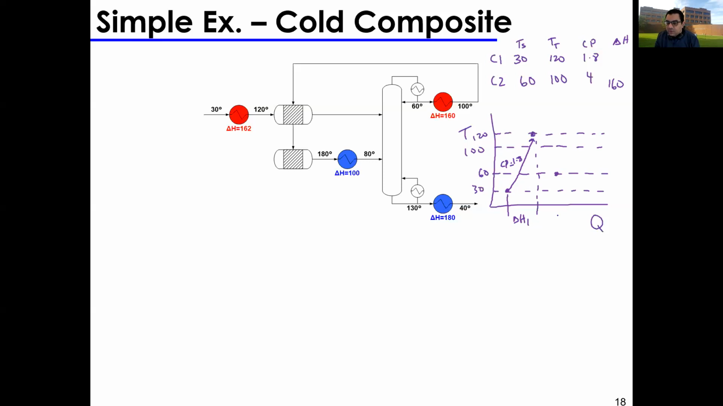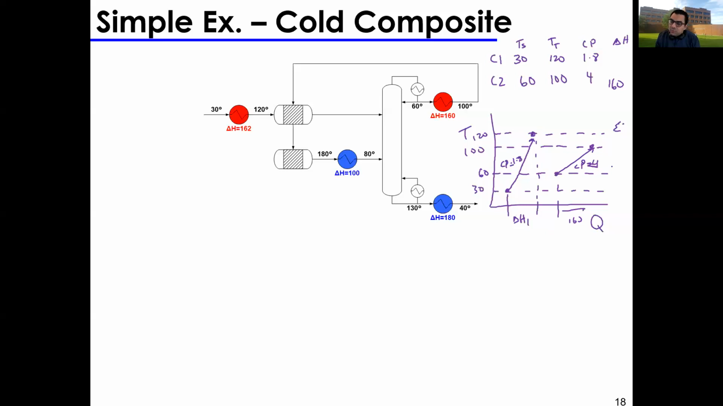Alternatively, I can just start here and then move by 160, and then find the second point and draw my second line. Both ways are the same. CP is 4. Okay, so once I get to this point, now I need to take a look at my intervals here. So summation of CP here